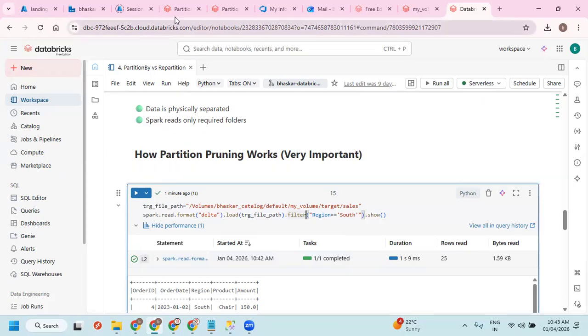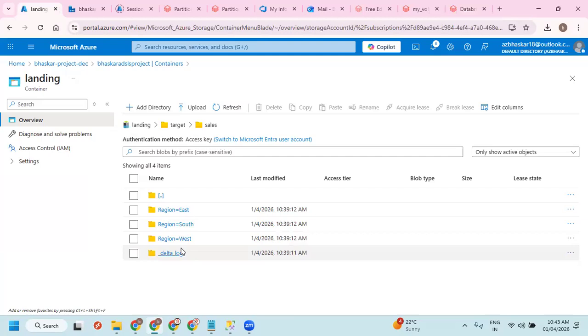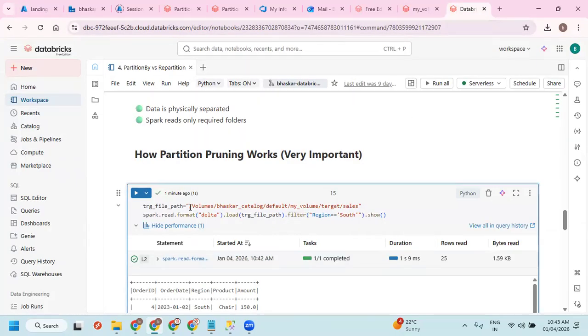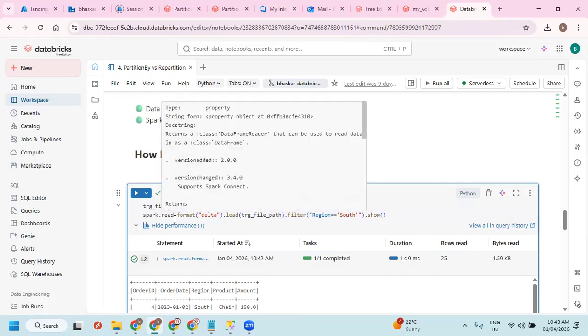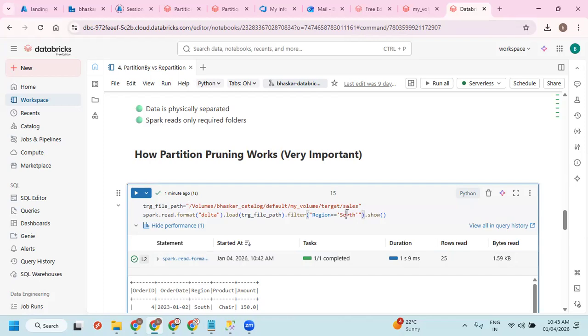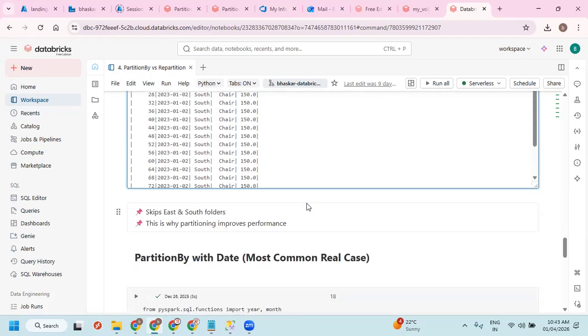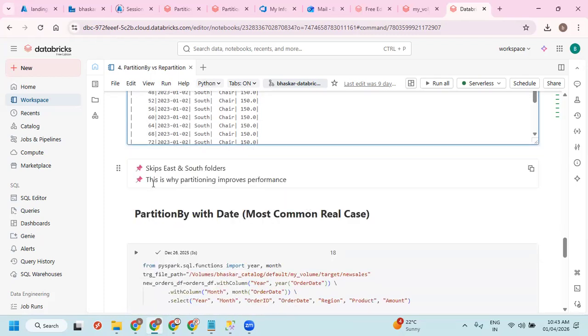So this is how the data is going to be there in the source. Once you write the data here, when you're reading the data, it is going to read the data from that particular place only, so that is going to improve the performance. How this pruning works is, when the table has a partition and you read the data from the file, it is going to read the data from the appropriate partition. You can see here.